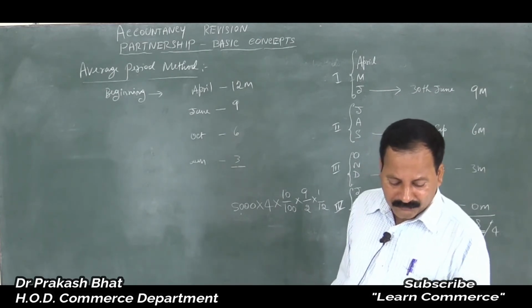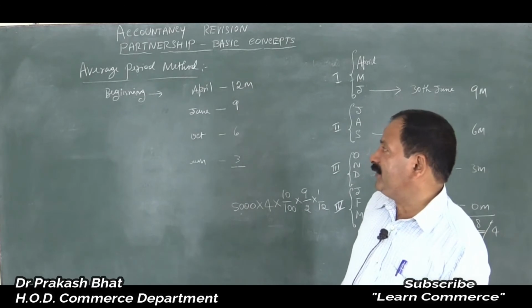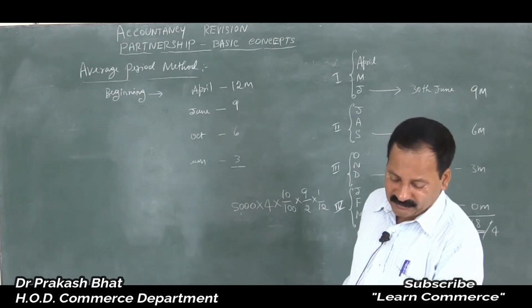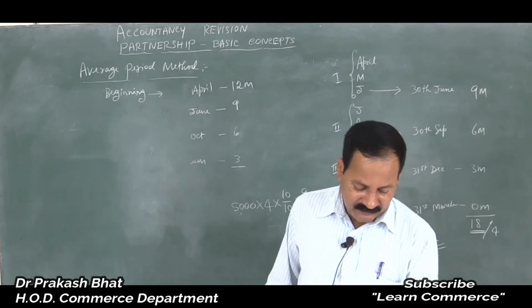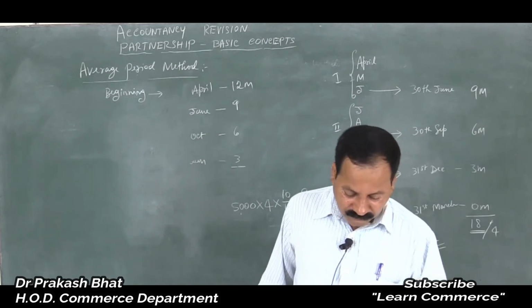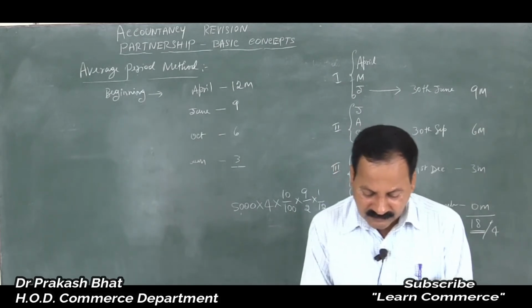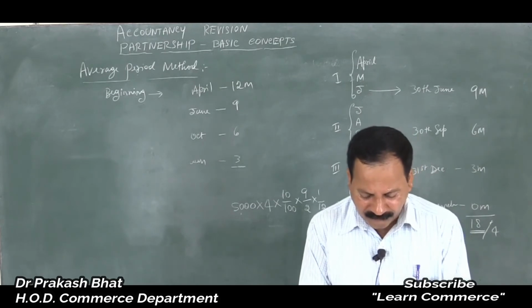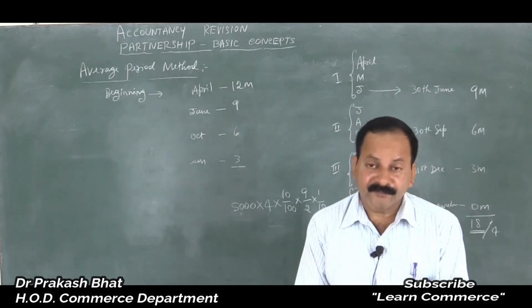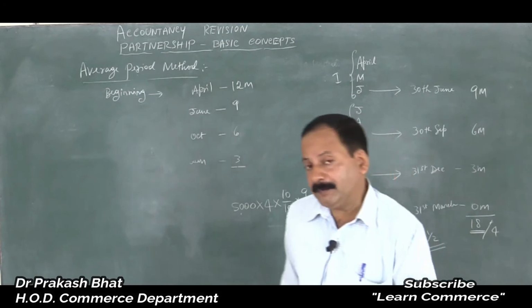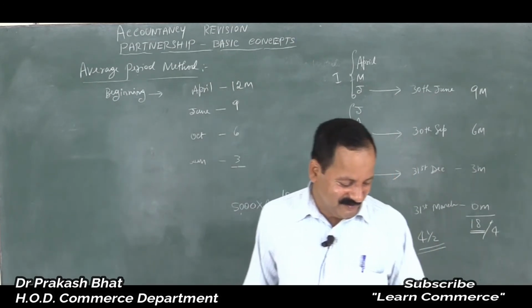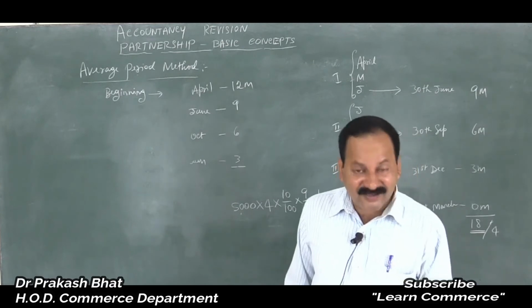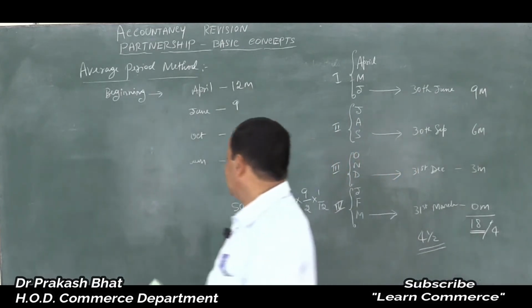Now, I will move on to the next part, that is profit and loss appropriation account. What is profit and loss appropriation account? Yes. Then we will have only one part left here, that is guarantee of profit to a partner. With that, this chapter comes to an end. Okay. Then we will solve problems.